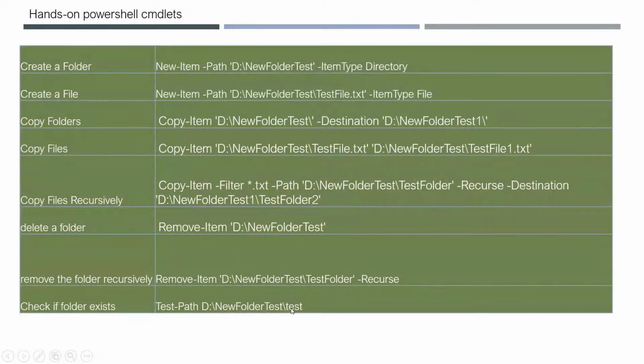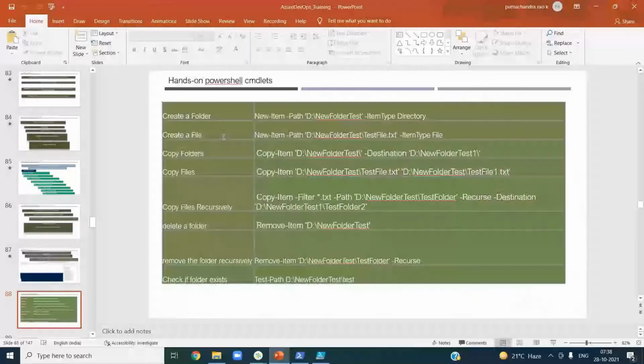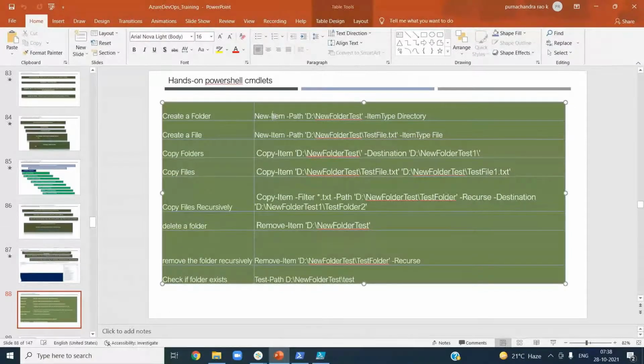Okay, that means if that test is available, then only go ahead and delete. Such kind of things you can do. These are very self-explanatory. Let's go ahead and execute some of these things. Anyways, I'll give it to you and you can try it as well. I don't want to execute each and everything because it's a waste of time in the demo, in the lab sessions. You can go ahead and try it, so I will move on.